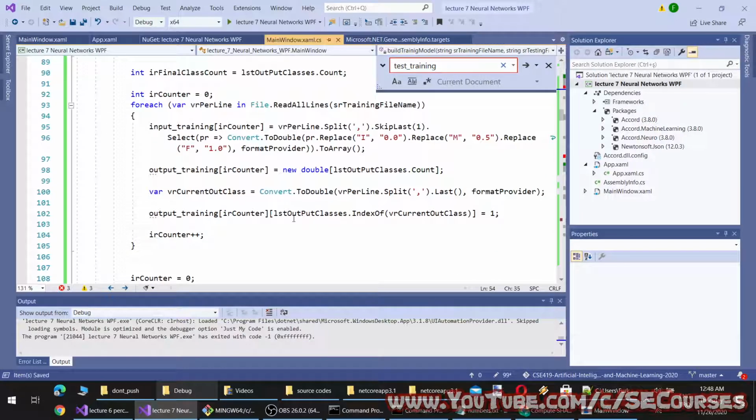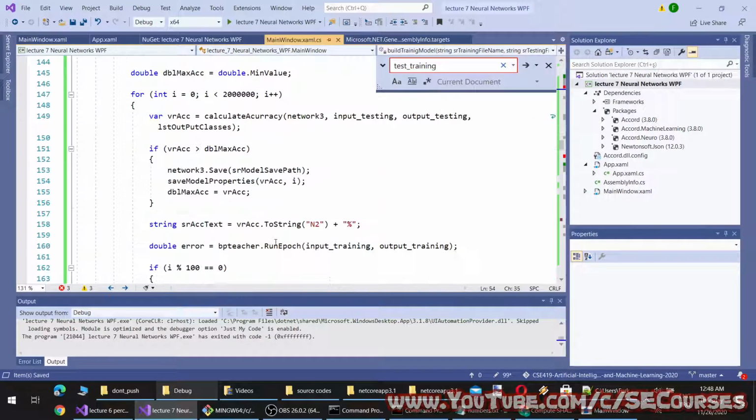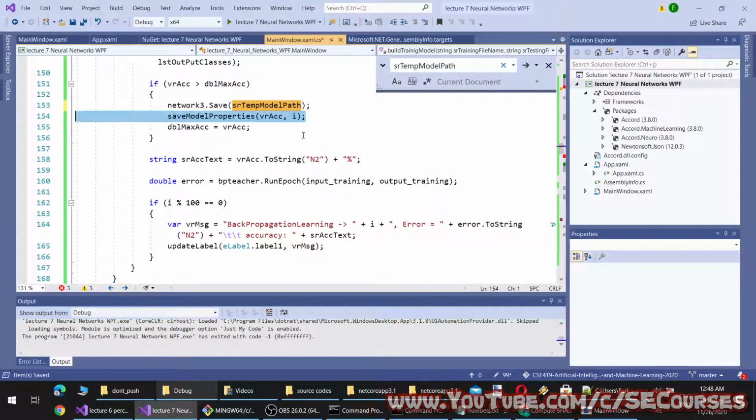And when saving the model, here we were saving it somewhere here. I will use this temp. We don't need this at the moment. However, we can use it as well.